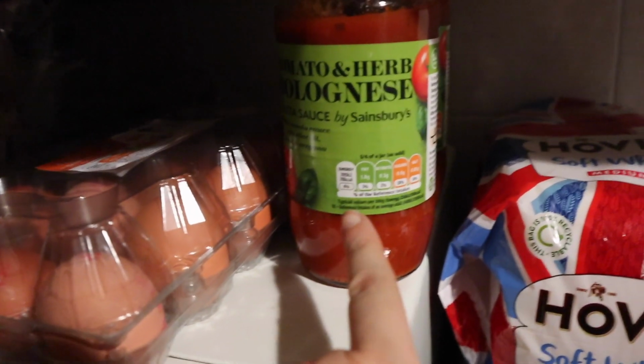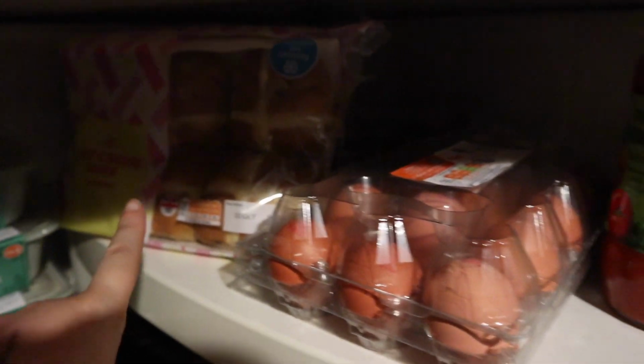I then got some bolognese sauce, some eggs, some hot cross buns. Okay, so I did get a few other little things, including some cat litter, which obviously you don't want to see. I forgot to get toilet roll, bit random. And then I also picked up some bin bags and some tin foil, which for some reason I've put away already, so I'm not going to bother getting it out again. But yeah, so I got a reasonable amount of stuff, I think. I got some nice things is what I would say. I feel like I got some nice things, but I don't really know how this is going to fit in